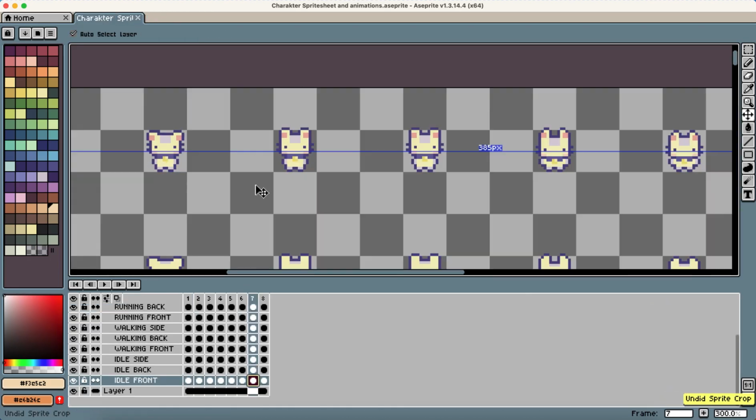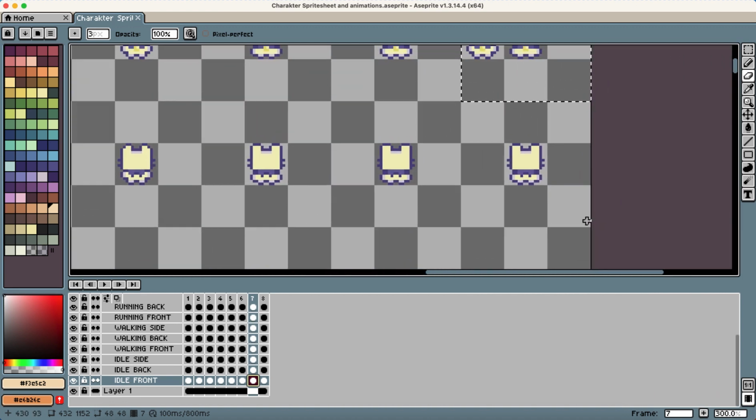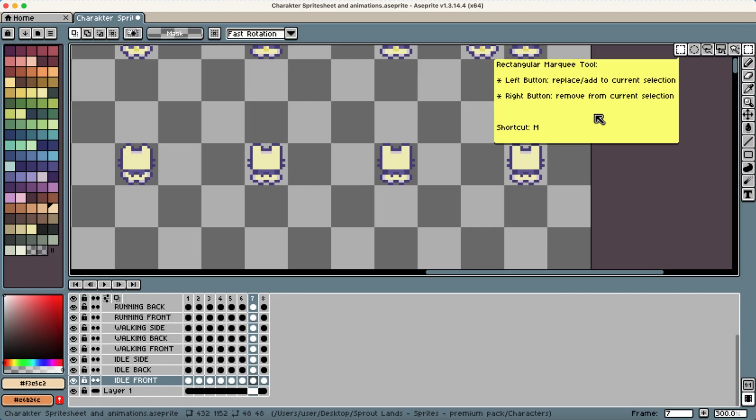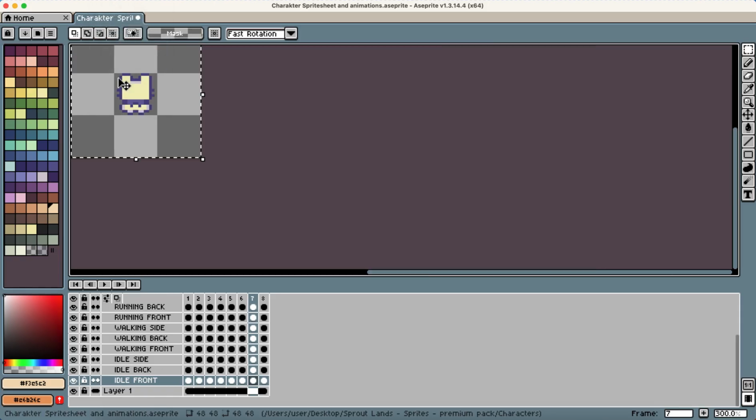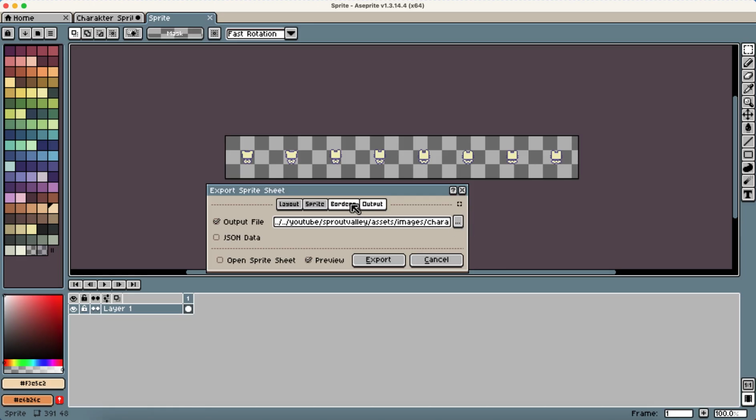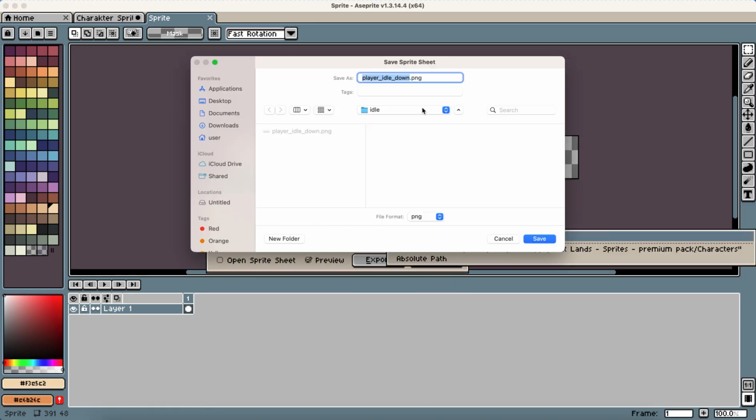Okay, Control Z, undo, and then you need to export, sorry, you need to export the other layer. So this is for idle top, and you crop and then export with spacing 1, and then choose the output file player idle up